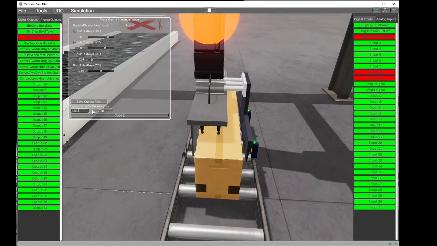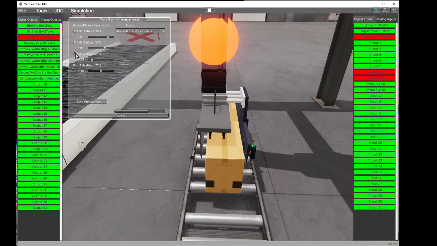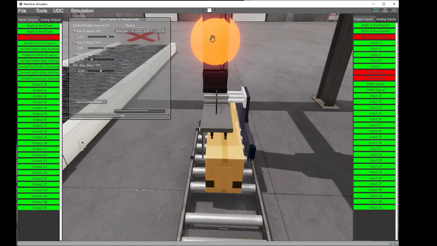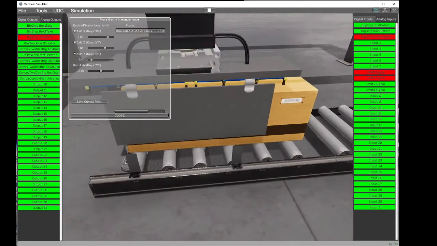I'm going to rename this point to box load, and I save it. Okay, once the two boxes have arrived, now the gripper will close, then we can move to the final destination. Okay,